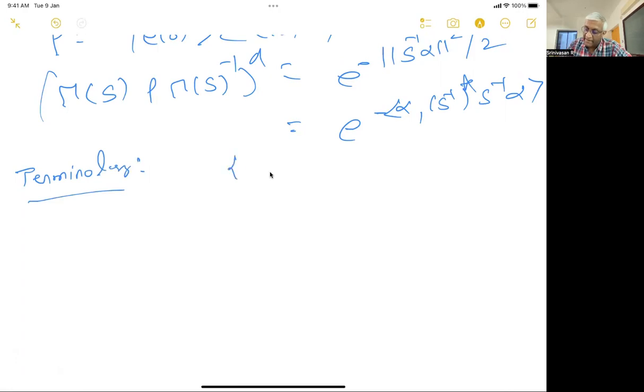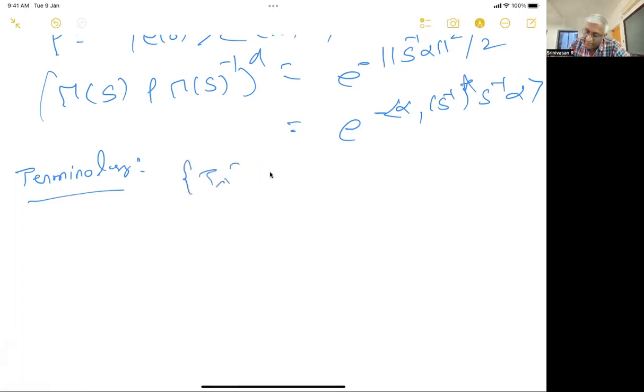So we should use nets. I hope you know nets? Even if you don't know, it doesn't matter. We will be using sequences only. But these topologies are not actually metrizable, so we have to use nets. So I state it as nets. You can assume that it's a sequence if you want. So if you have a net,